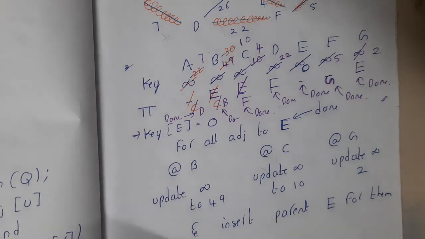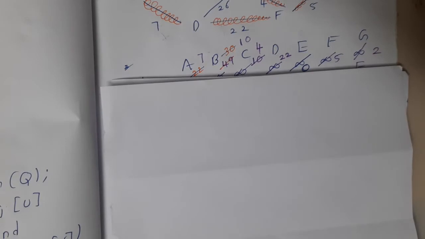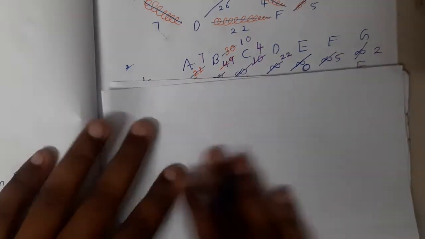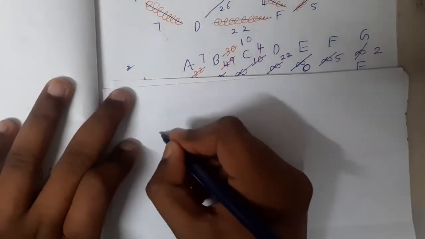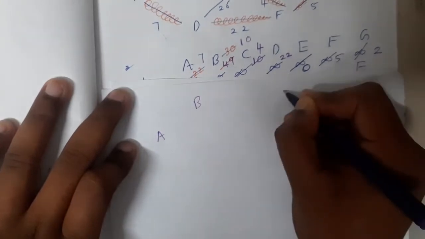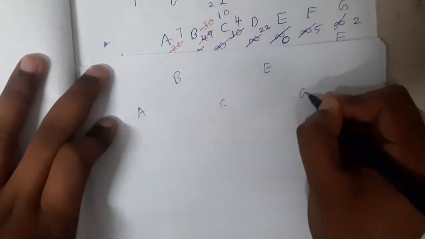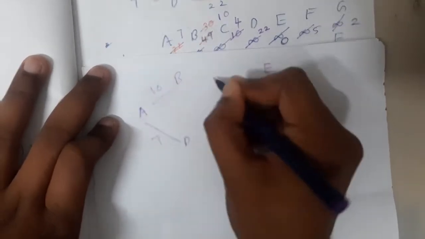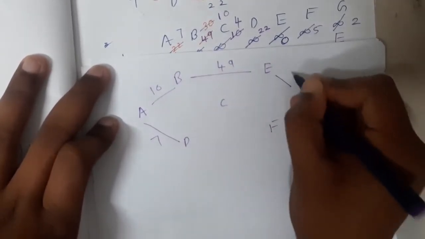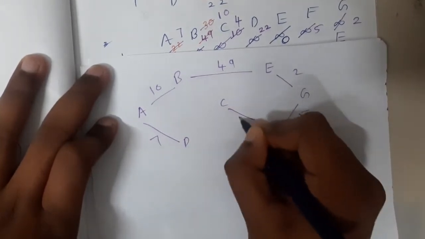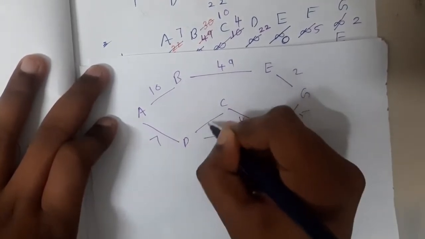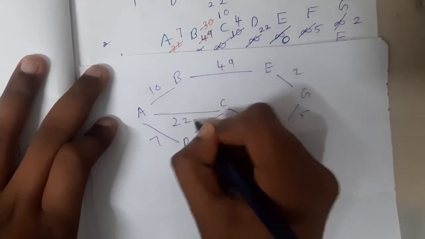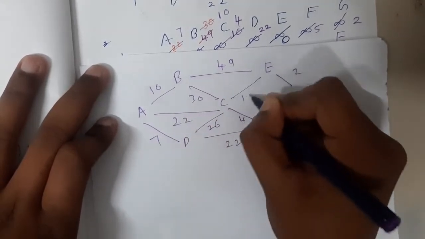First let us draw the diagram. Once I explain how the code is working, then I'll discuss the code, because if I directly discuss the code, most of you will get confused. So first I'll discuss the problem and how you are going to solve it, then we will move on to the code phase. 7, 10, 49, 2, 5, 4, 22. I'm just drawing the same question again, so don't think too much. 22, 30, 10. Got it?